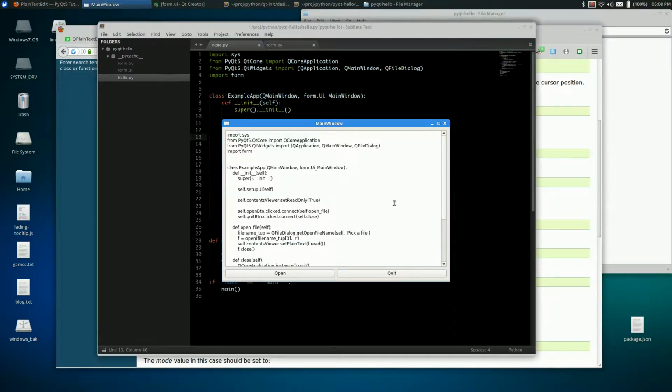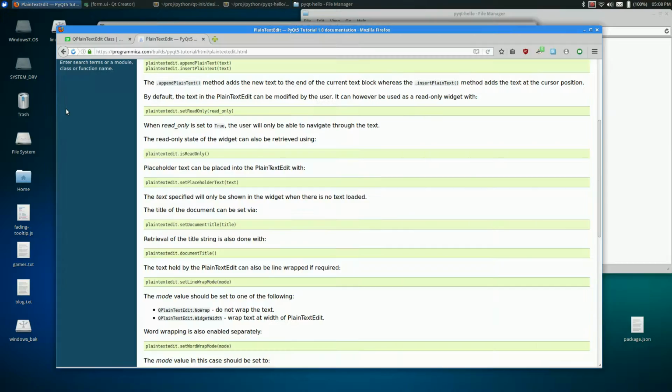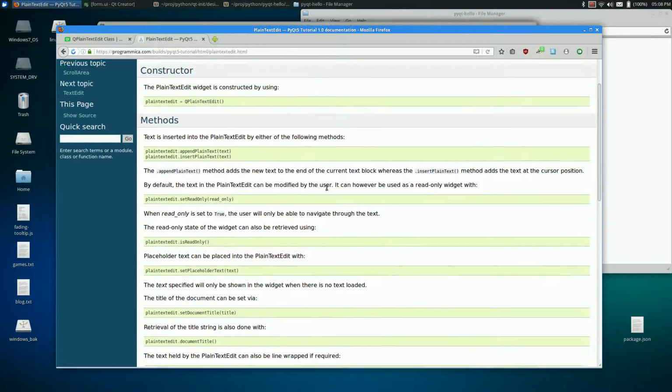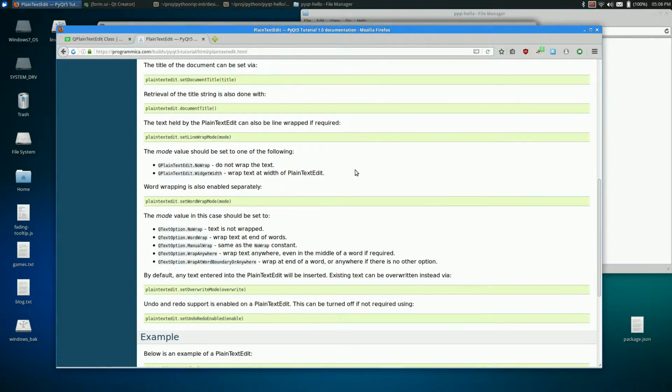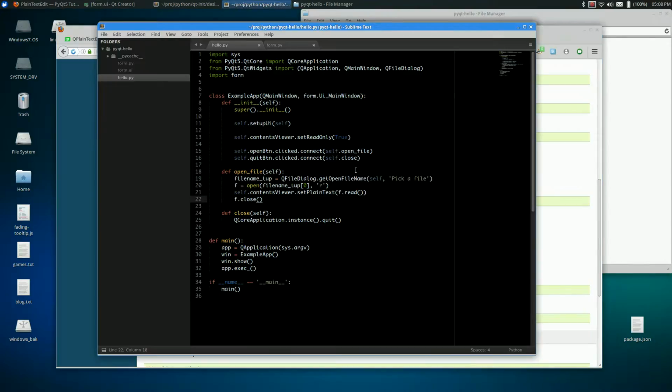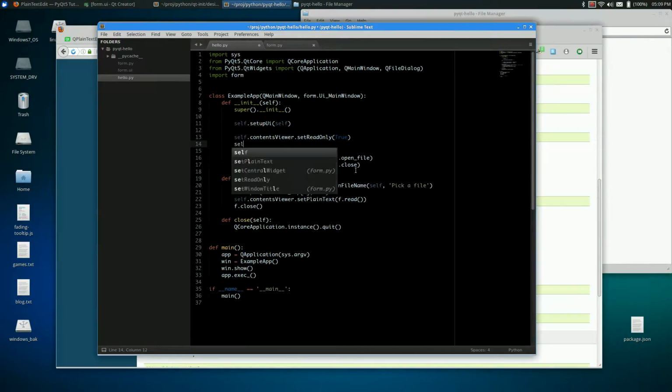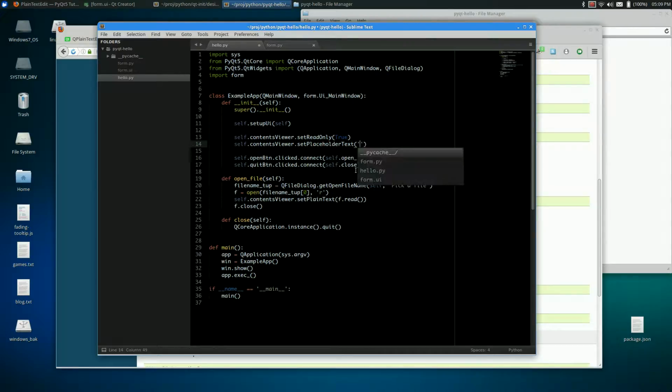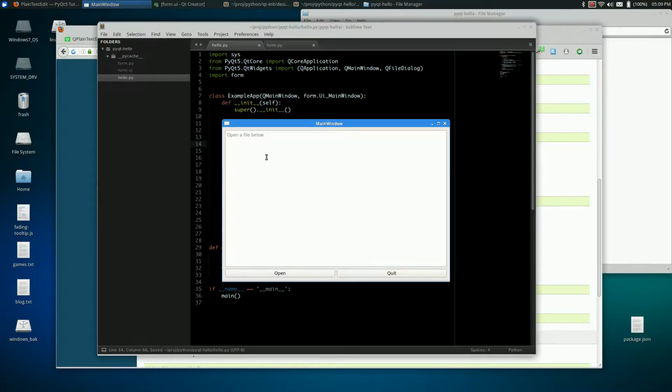At this point, we could call it done. There are a couple other nifty things that I like. You can set the placeholder text in this text box. So let's do that. Again, this stuff is just from looking at the C++ documentation, and cross-referencing and testing with that other guide. I think it was set placeholder text. What if we do that? Look, set placeholder text will set a placeholder there. And then when you open,